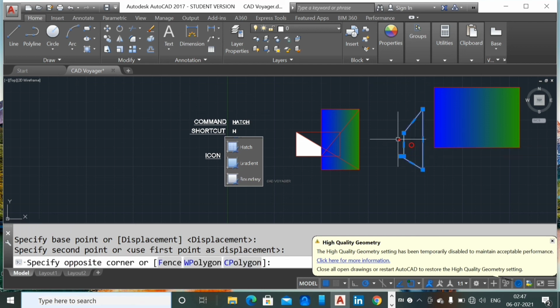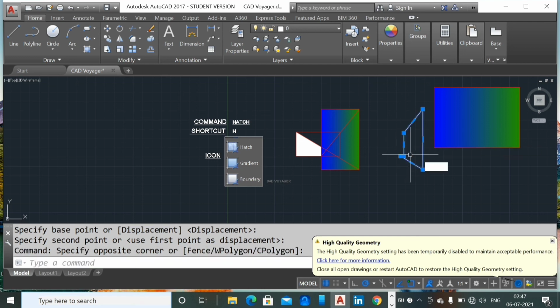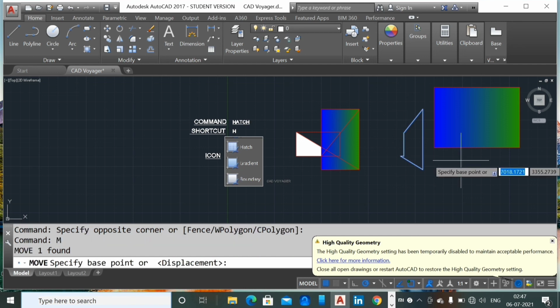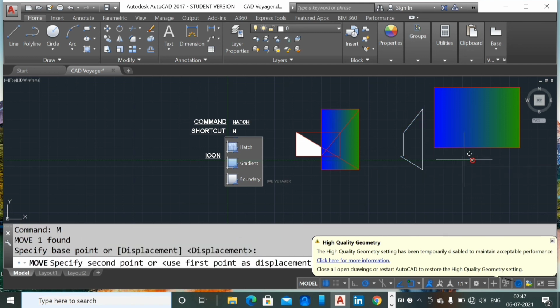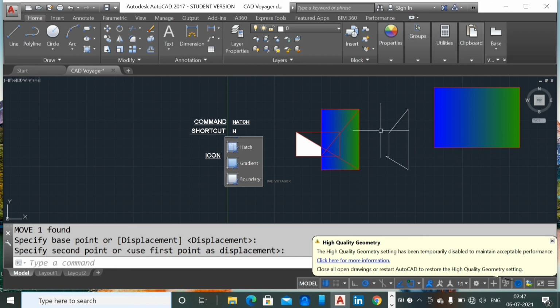This is the easy way to draw a boundary. If you want to draw the same boundary by using a polyline or line command, it will take more than 2 minutes. But in this command, it immediately generates the boundary. By knowing these type of commands, we can save our time greatly. These are all about the hatch command. Let's meet with another topic.